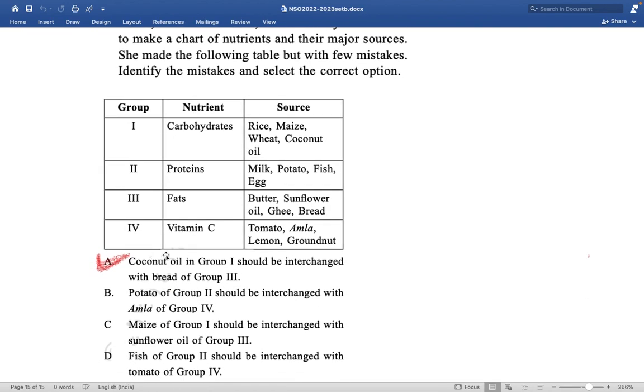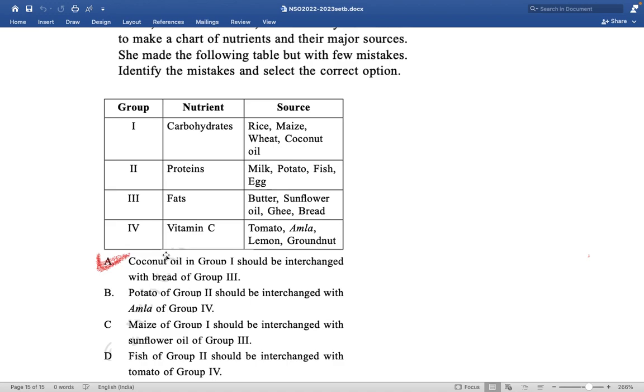We're here on the last question. In group 1, rice, maize and wheat are sources of carbohydrates, while coconut oil is a rich source of fats. In group 2, milk, fish and eggs are rich sources of protein, while potato is a rich source of carbohydrates. Butter, sunflower oil, and ghee in group 3 are rich sources of fats, while bread is a rich source of